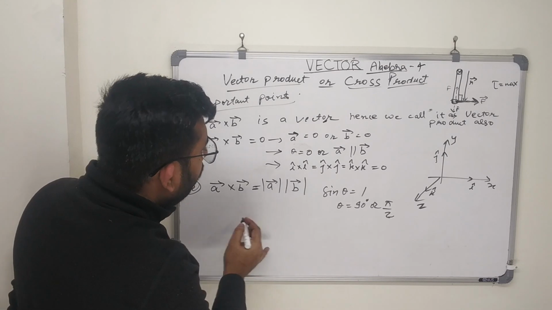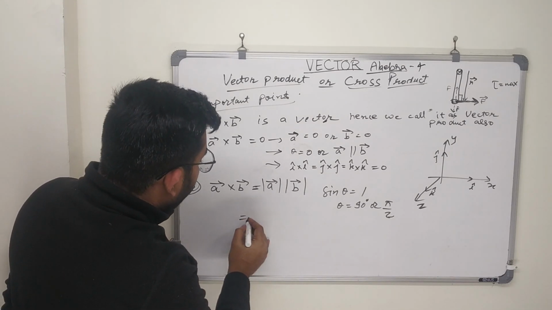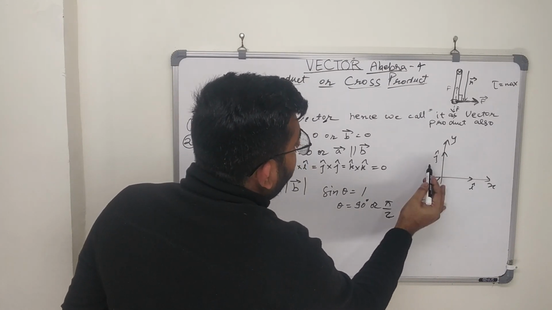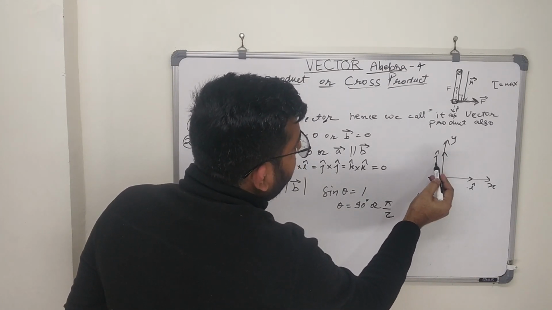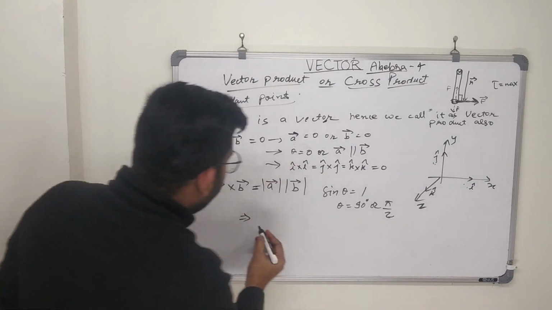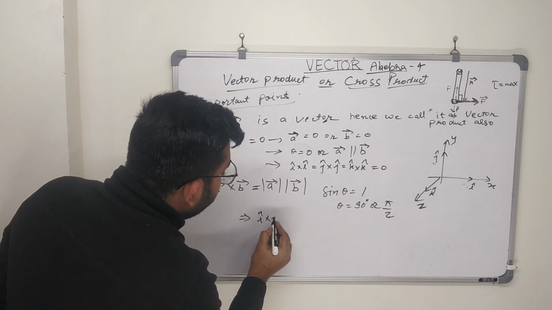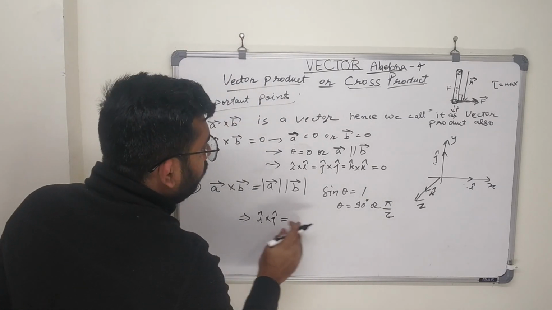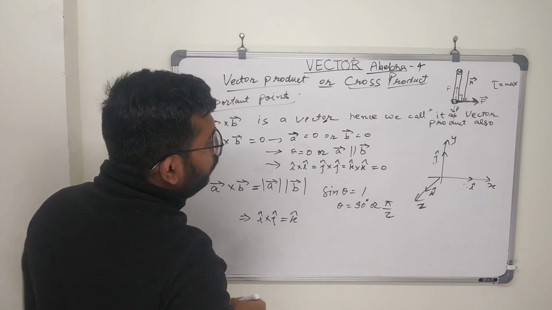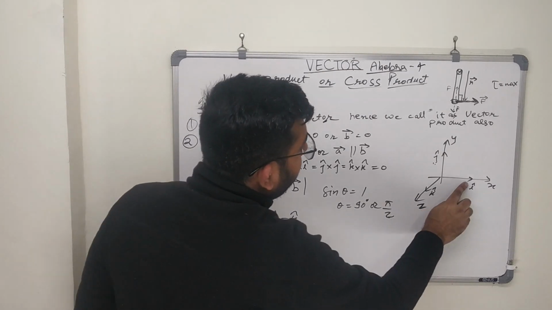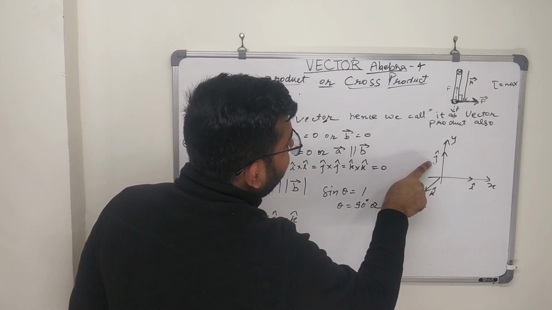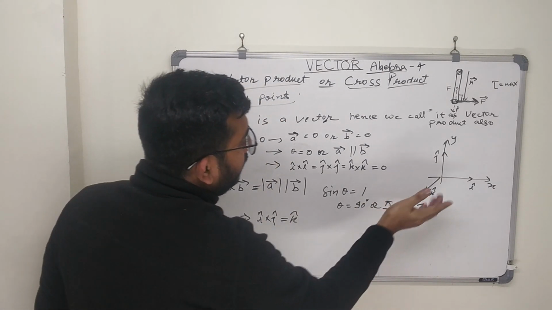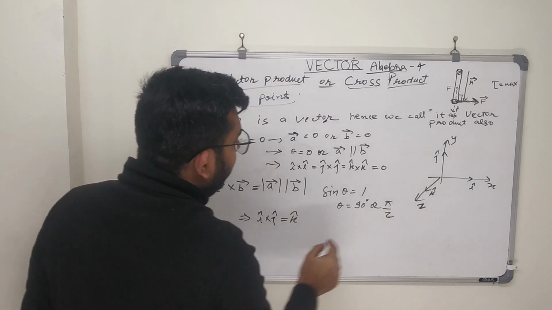So one more example of this can also be there, that suppose if we are going to find the vector product of i cap with the j cap, that is i cap cross j cap, this will be equal to k cap. You can see that the magnitude of i cap is 1 and the magnitude of j cap is also 1. So the magnitude of k cap will also be 1, because 1 into 1 is 1,